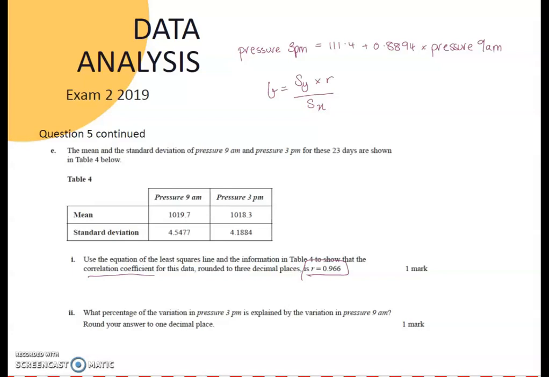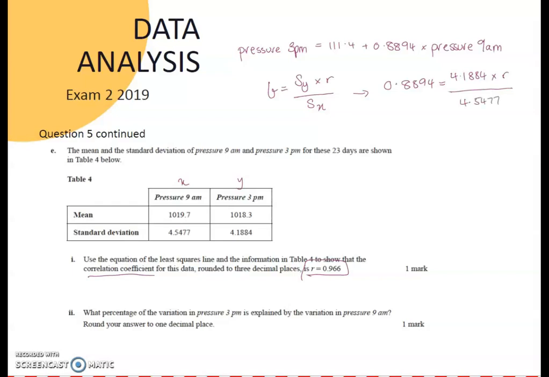We know the standard deviation of y, so the pressure at 3 p.m. would be our y, and so our standard deviation there, and we know the standard deviation of x. So putting all of that together, that means we can say 0.8894 is equal to standard deviation of y, 4.1884, times r, divided by standard deviation of x, so